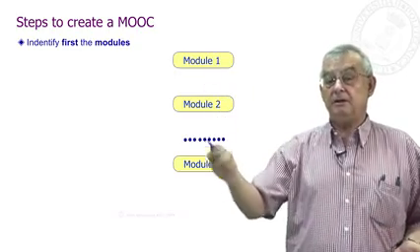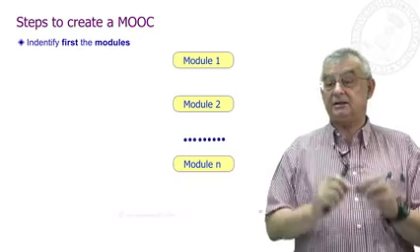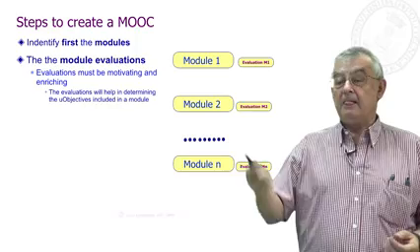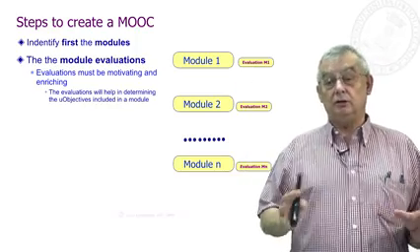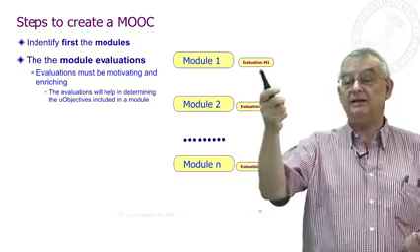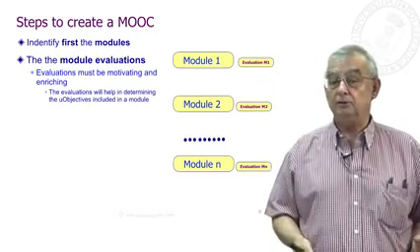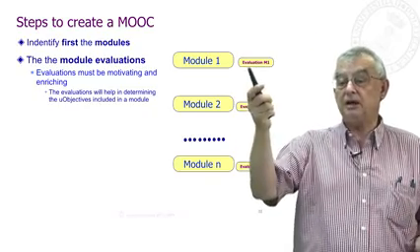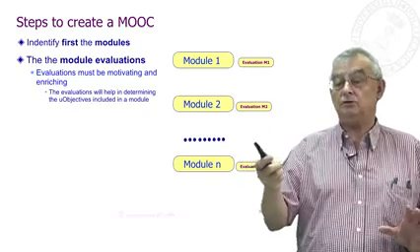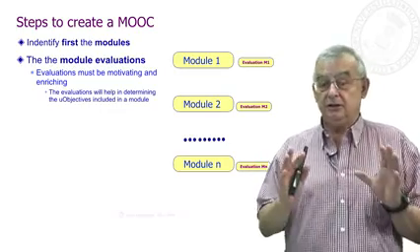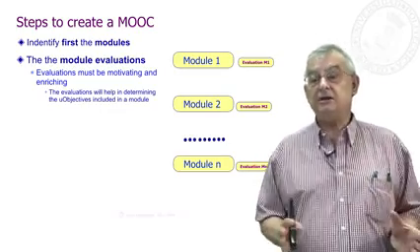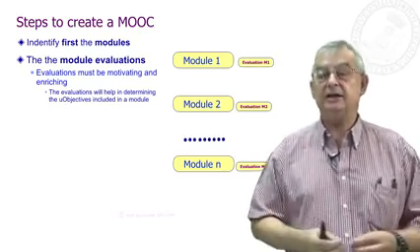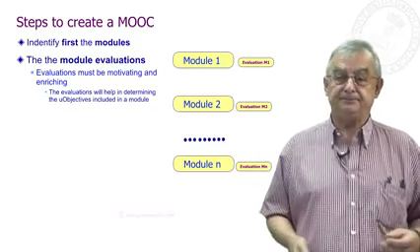The module must be identified first with just a sentence, a short paragraph, and this will give you the overall structure of your course. We think it's then good going top down and defining or outlining the evaluations of each of the modules. There doesn't need to be an evaluation in each module. You can leave here no evaluation, here one, the other one also no evaluation, and so this is your choice. You will be the designer of the course and you have to define your learning strategy, such that the learner has the most effective process.